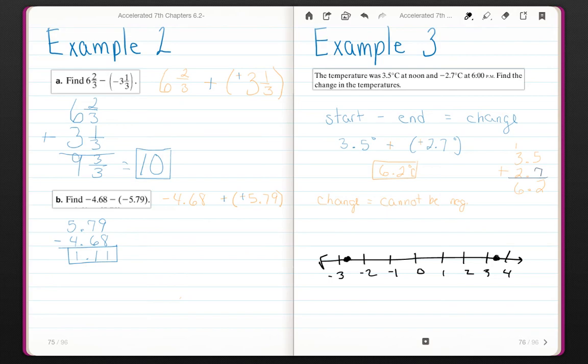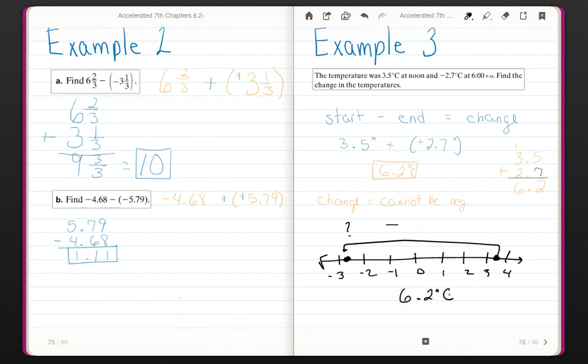How far is it from here to here? How many degrees is that? Well, I know I have 3.5 degrees from 3.5 to 0, and I have 2.7 degrees from -2.7 to 0. So that total distance, I'm going to actually add those together, which is why adding the opposite is so perfect. And yes, the total distance is in fact